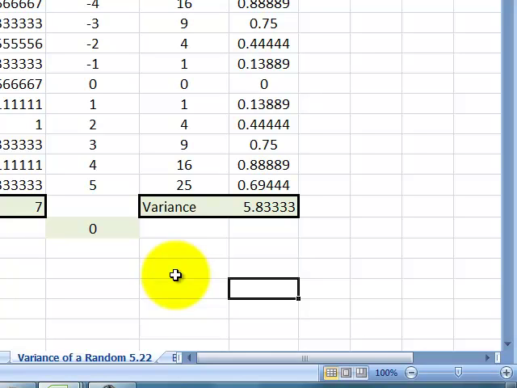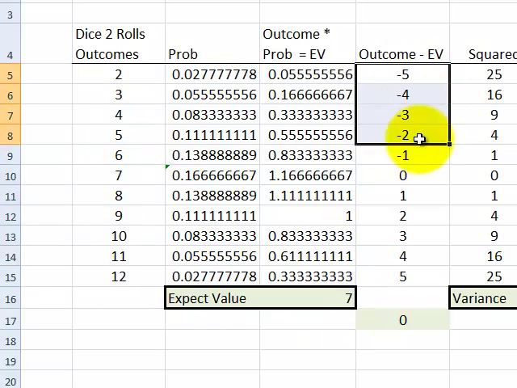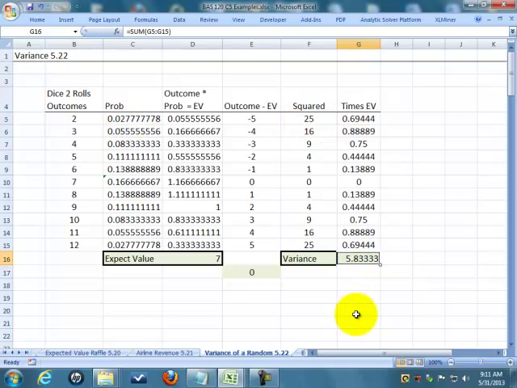And if I wanted a standard deviation, it's simply the square root of the variance. But the theme is all the same. I'm looking at each one of my outcomes, seeing how far away they are from what I expected to get, or my mean, or my expected value in this case. I square the numbers because I can't have negatives and positives offsetting each other. And then in this case, I multiply it by the probability of that event happening. I sum them all up, and that's my variance. If I wanted my standard deviation, I would take the square root of that. So that's what a variance is. Hope that helps. We'll move on to other stuff in the next video.